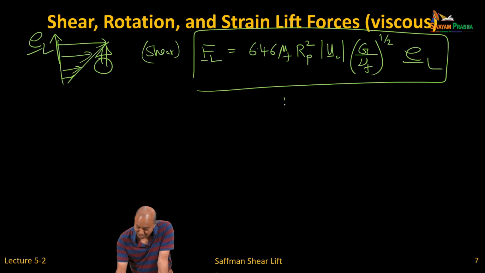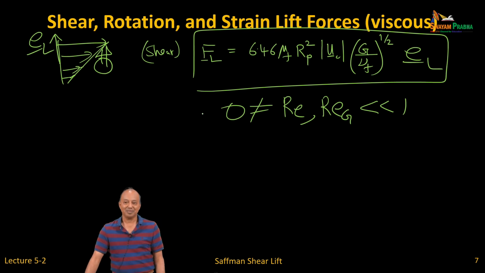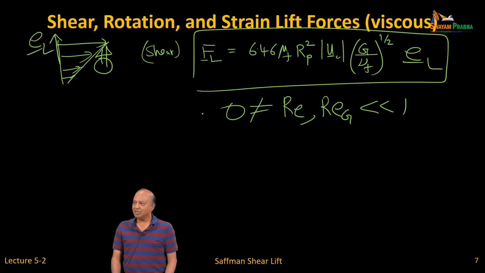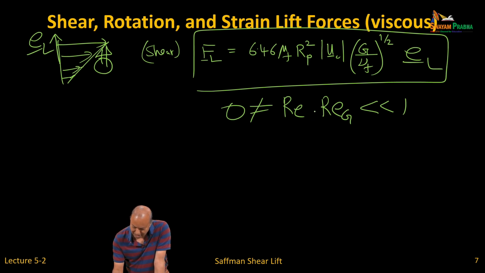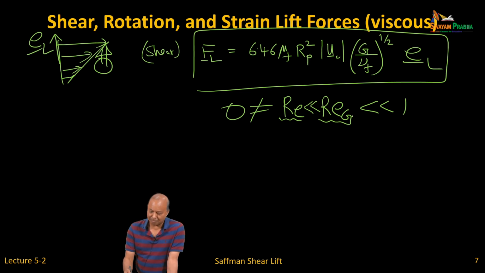This, for this Reynolds number and Reg, both Reynolds numbers must be small but not 0. If it is 0, then it doesn't work, but if it is small, so this is good. You can use it when Reynolds number is 0.9, 0.8, etc. But when Reynolds number gets large, this doesn't work. And this formula actually, to be correct, Saffman assumed that this Reynolds number to be even smaller than this Reynolds number, but there is a lot of work done by